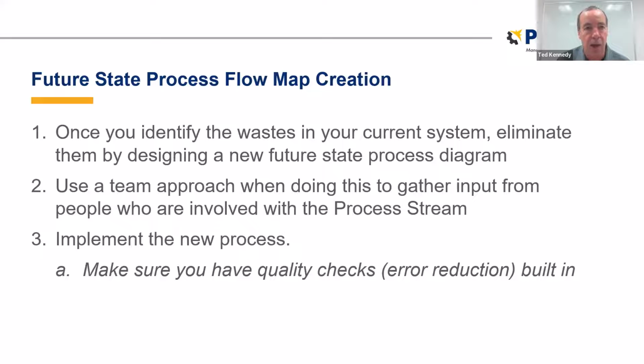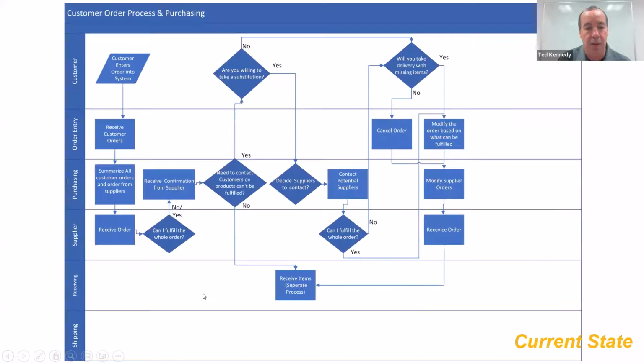I got everybody to agree that we're going to try it. And then we implemented the changes, and it actually worked. And we got them out in 24 hours by doing it that way. So here's a large process flow map with swim lanes that I just made for an instance. So this is a customer enters